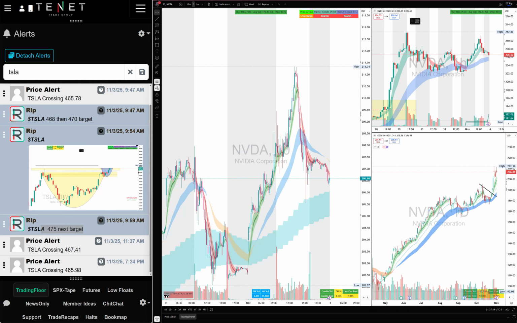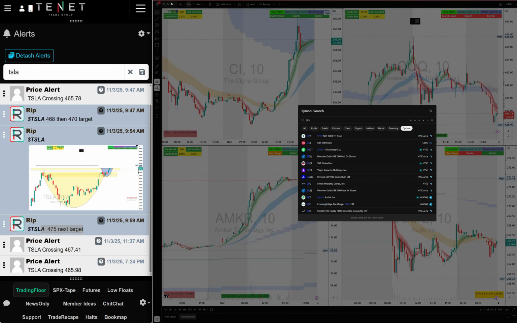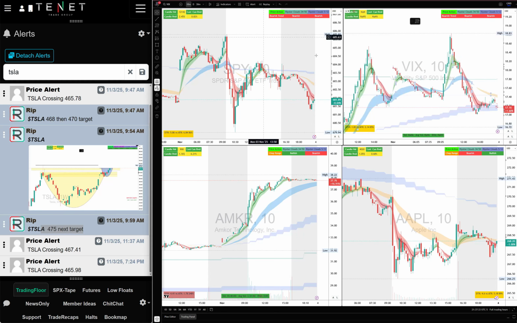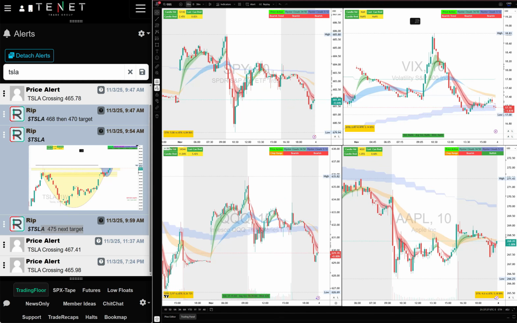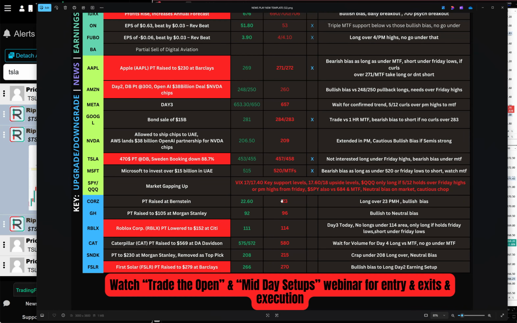Let's look at the market here. So let's see what we did. SPY QQQ was a successful short for us today, again using the VIX strategy. I'm just not going to take too much time. I'm just going to explain to you how we traded that SPY QQQ and what the pre-market plan was. The pre-market plan on SPY QQQ was pretty simple. The plan was if VIX pushes over 17.60, we will short the market.